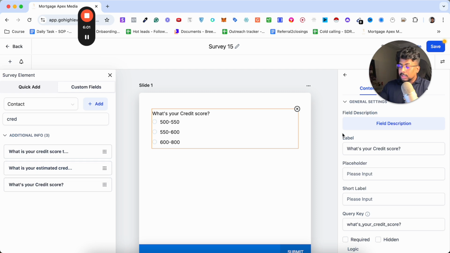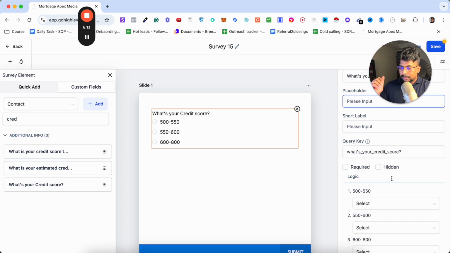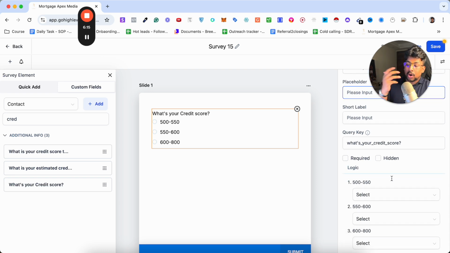But once you have made a question over here, you need to make sure that you are getting only qualified leads into your next page. So for that, you come over here, click on the question, then go to the bottom, and you can see something called logic builders. This is the most important part. Right now what you can do is, you see we have multiple options that we have given, and depending on each response we can send the customer or the lead to a next